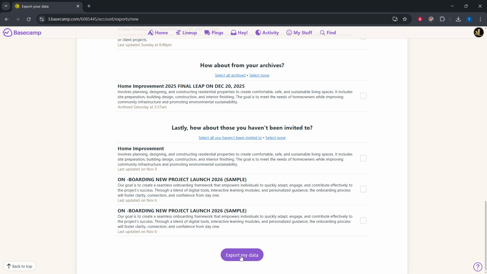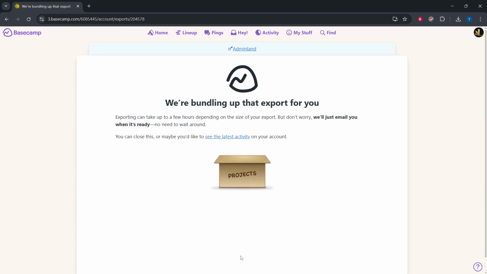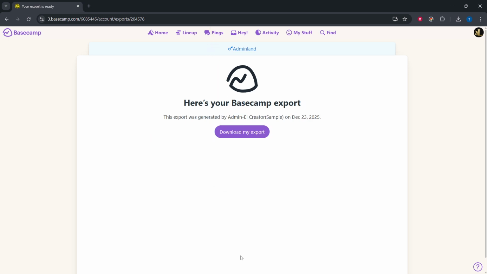While you wait, it's a good idea to ensure you have stable internet and enough disk space to store the resulting zip. When the export is finished, Basecamp will send an email with a secure link to download the file. Keep an eye on your inbox and check your spam or junk folder if it doesn't show up after a while. Click the link and save the zip somewhere safe and organized, especially if this is part of a regular